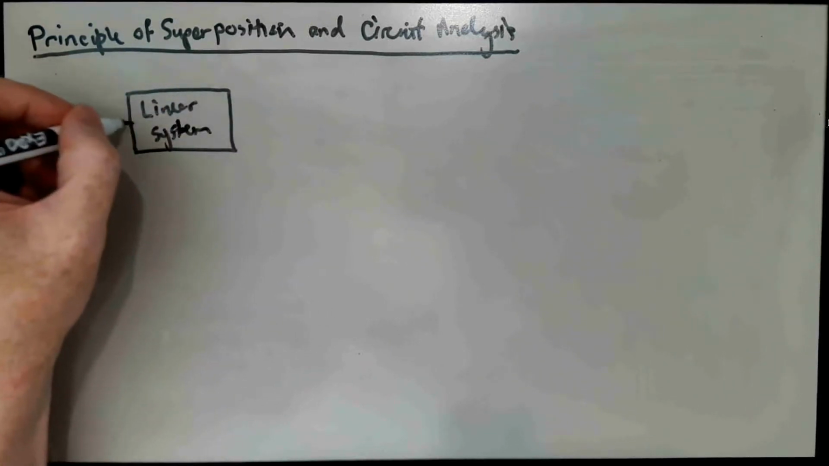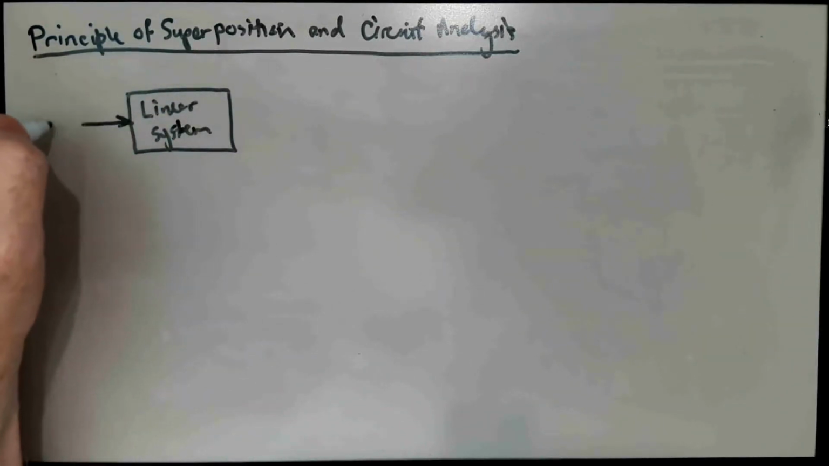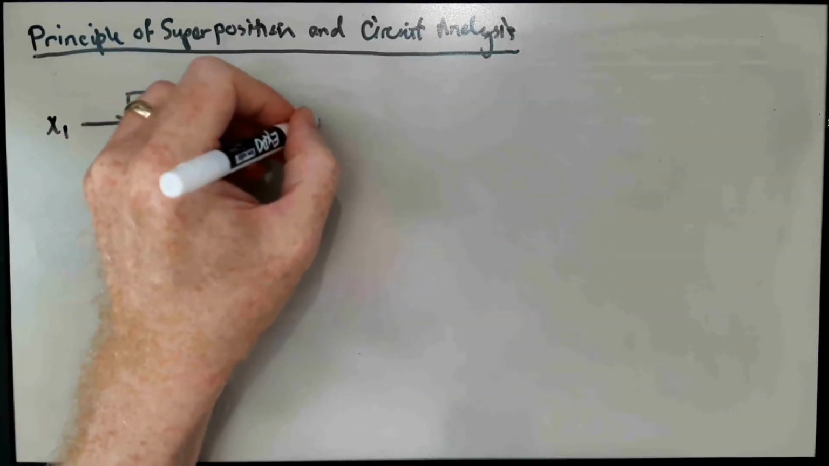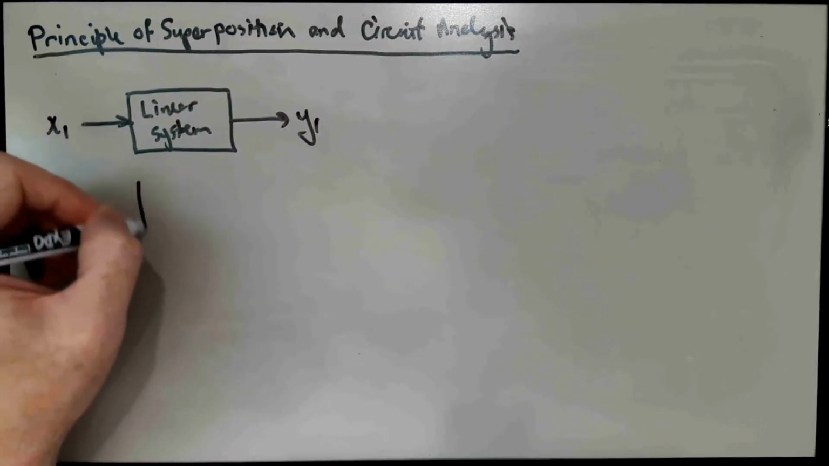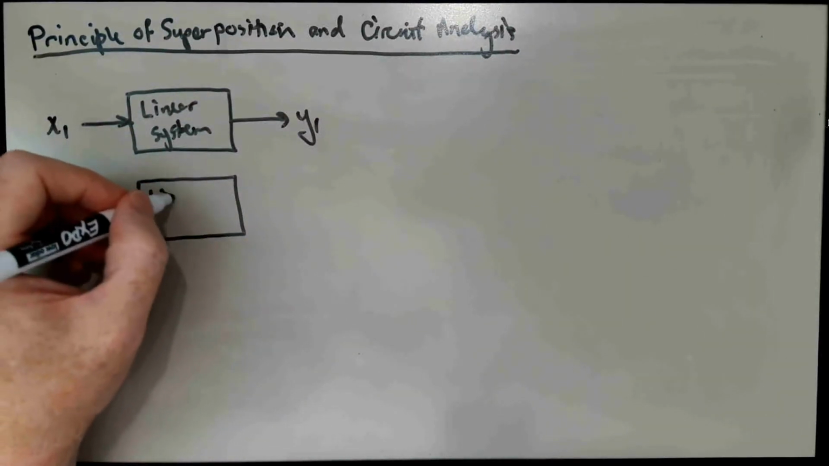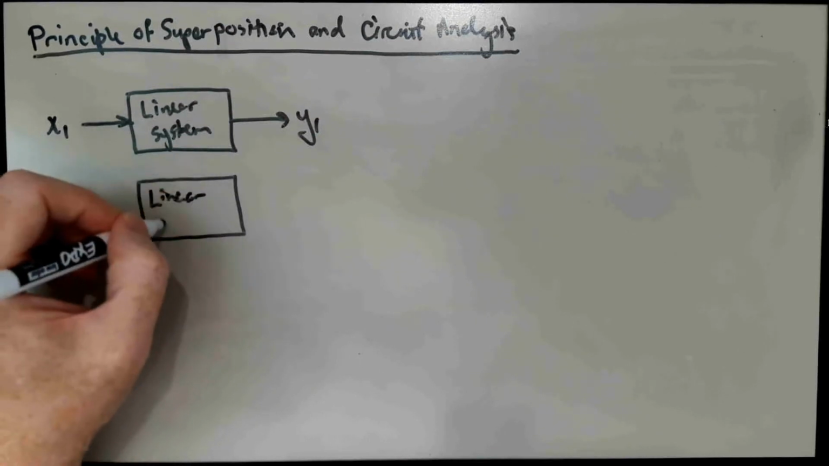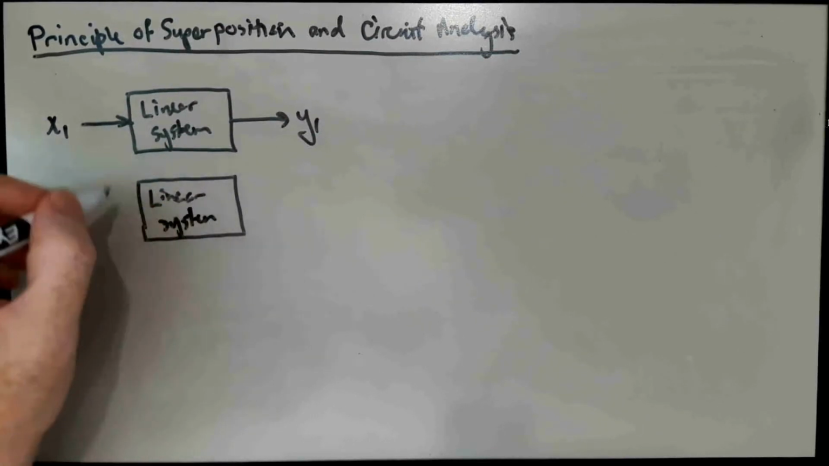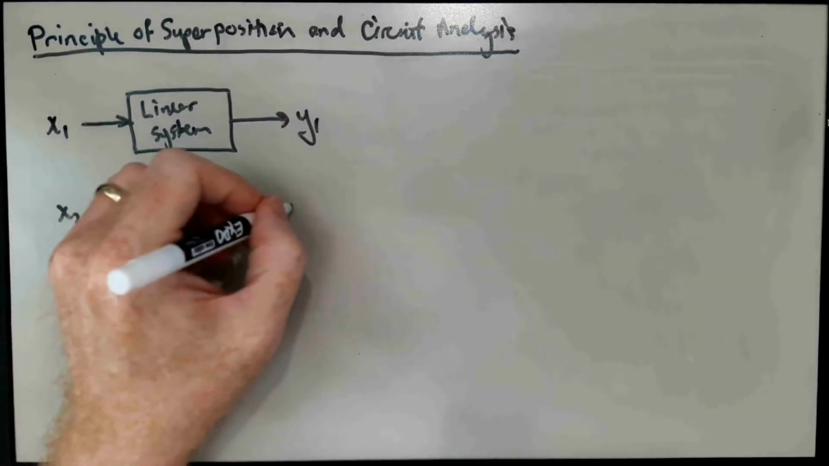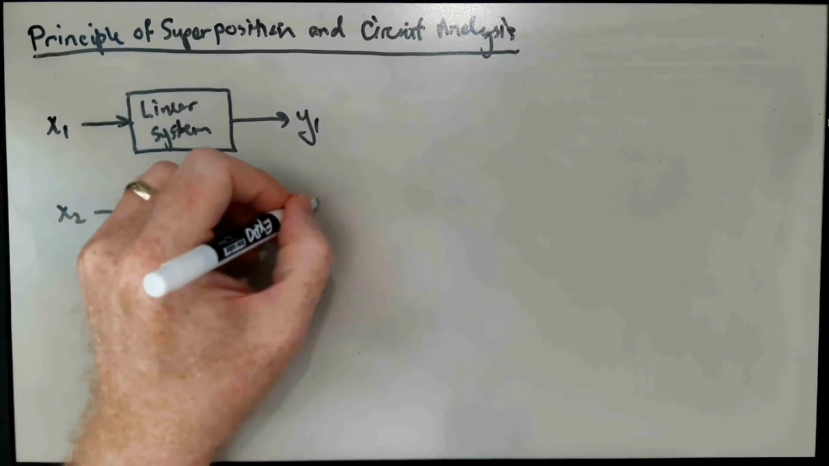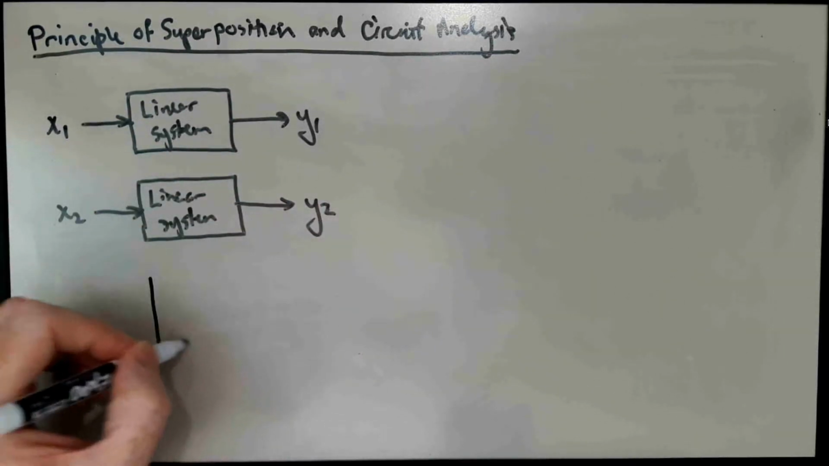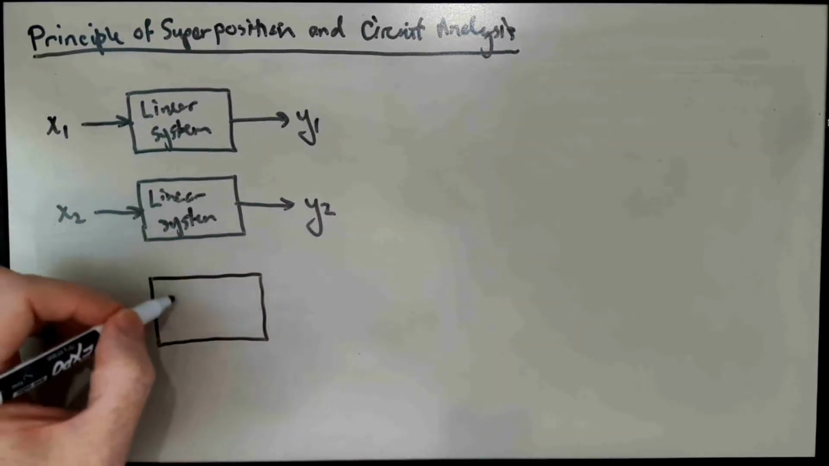and suppose I know that if I put one input into it, I get a certain response. I get, say, y1 for x1. And I have the same linear system, and I put in some other signal x2. I'm going to wind up getting some other response, say y2. If the system is linear, then